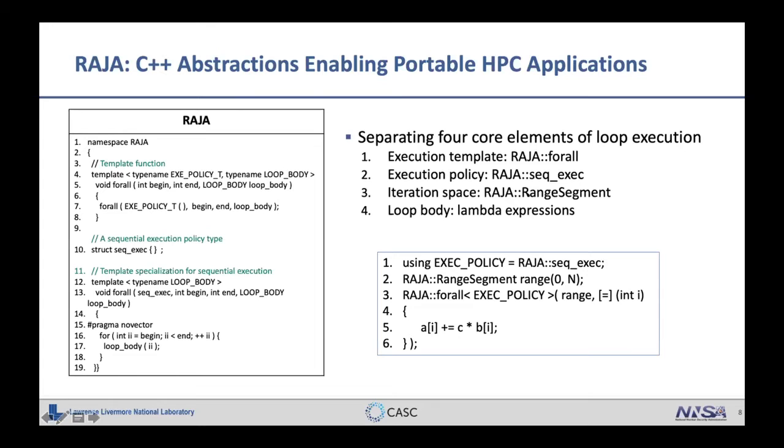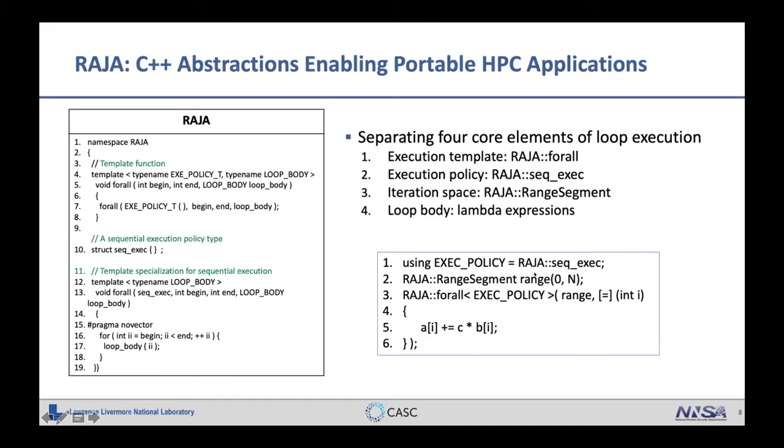So the third concern is the iteration space. There are different ways to iterate on the loop iteration space. And finally, the actual computation of the loop. That's a loop body. And here RAJA uses lambda expressions to represent the actual execution. So in the end, users are writing an HPC code at Livermore and many other places using those kind of